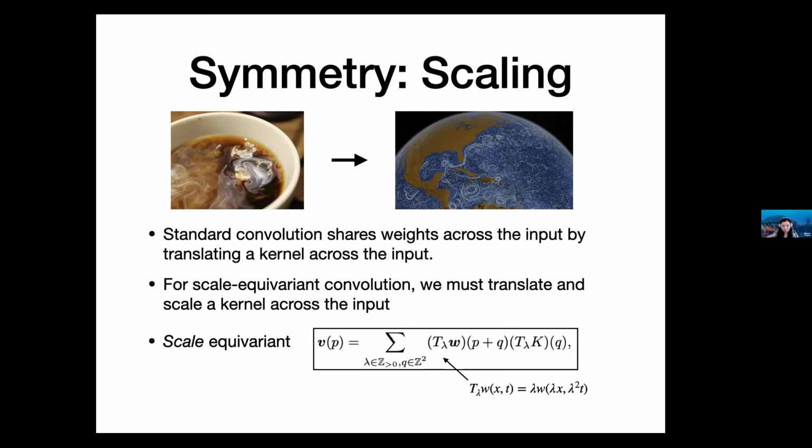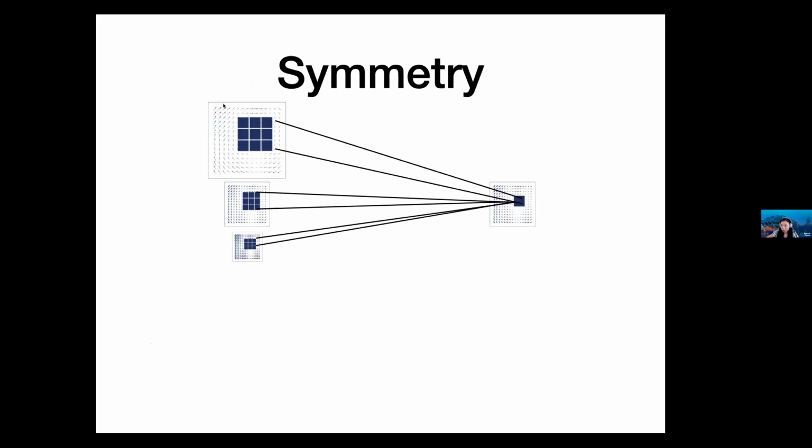Okay, then schematically, what it does is that we upscale the velocity field by different coefficients lambda, and then naturally we'll upscale the velocity field according to the previous laws: scale the space by lambda, scale the time by lambda square. Then we use convolutional kernels to scan through the velocity field and construct and extract the features. And then we aggregate all the features from different scales together into the output features. And that's how we achieve scale equivariance in convolutional architecture for a particular velocity field.